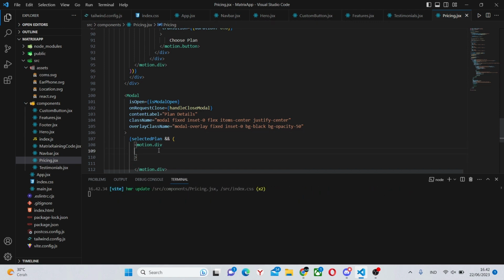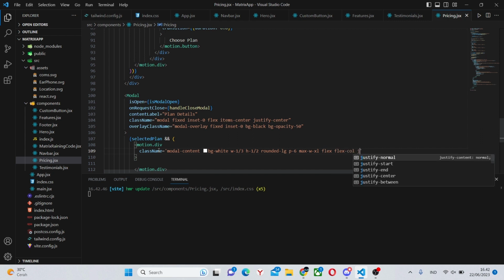This motion div is first of all going to have a className. The className is going to be modal-content, bg-white, w-1/3, h-1/2, rounded-lg, p-6, max-w-xl, flex-col and justify-between.